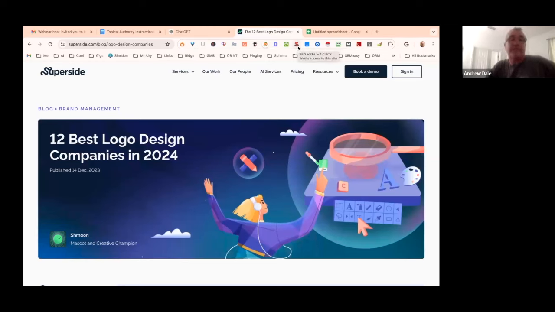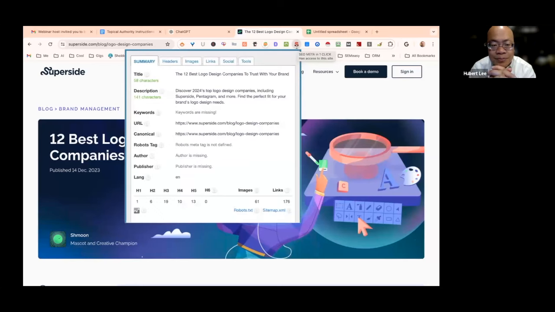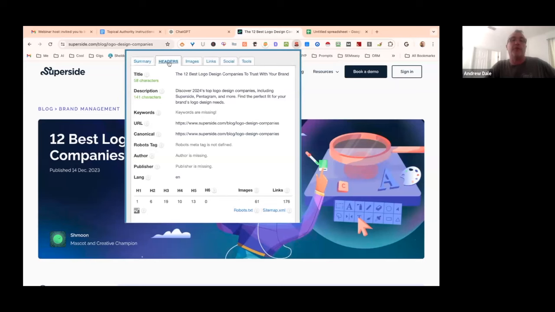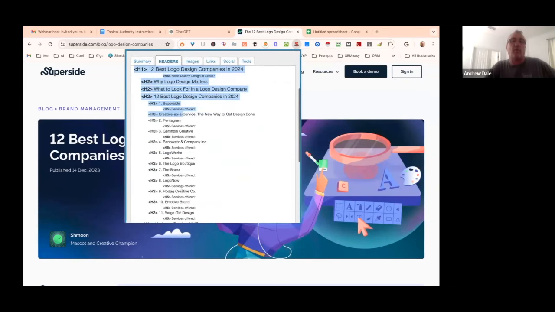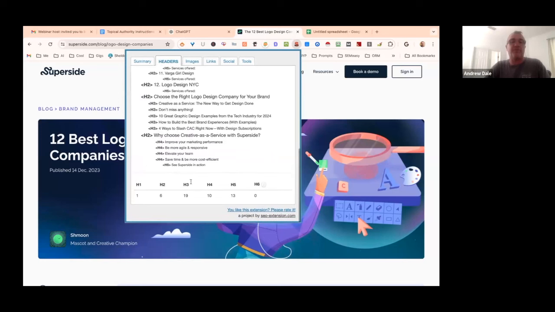That's the Chrome extension. And I'm going to click on it. Now I'm going to go to headers. And you see how they have all of their H1s and H2s and everything else all laid out here? It's sort of a mess how they did it, but whatever, I'm going to take it.